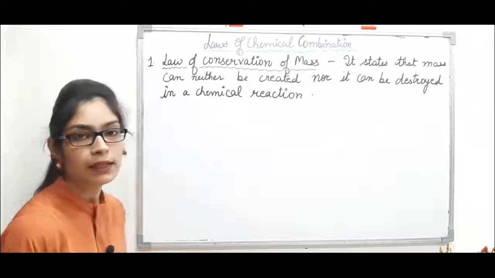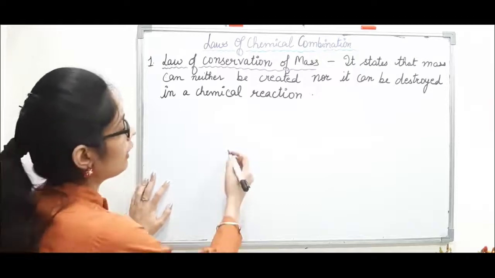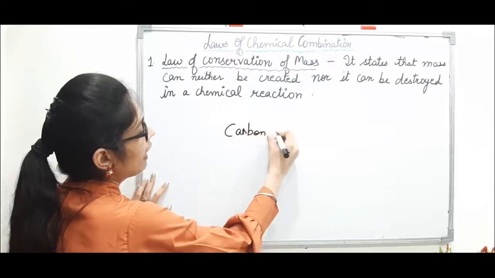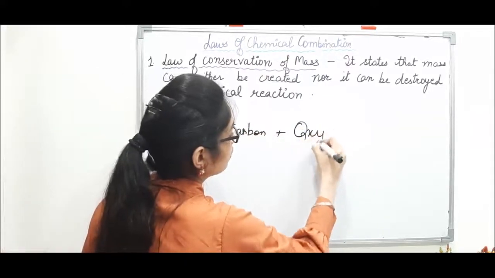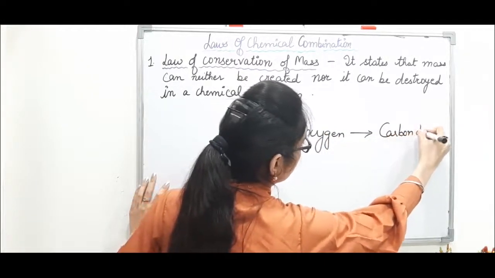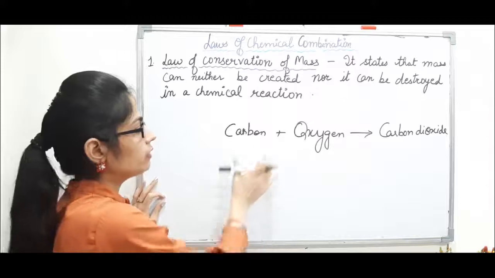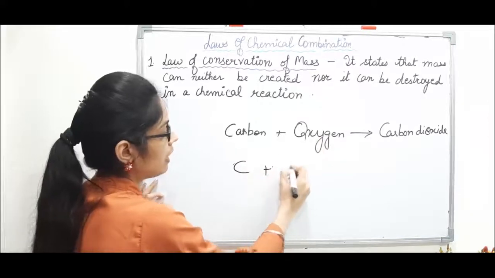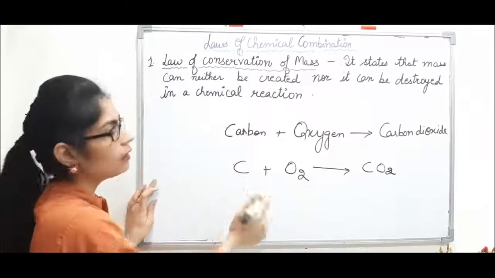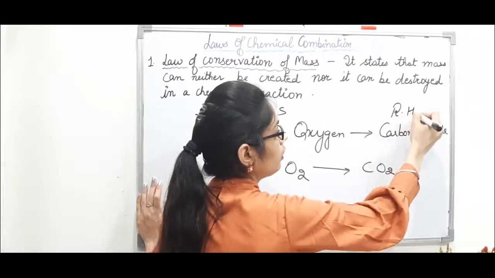Let's understand the meaning of this by taking one example. Let's take one chemical reaction. When carbon reacts with oxygen, we will get carbon dioxide. This is a chemical reaction. In this reaction, carbon and oxygen are reactants, and carbon dioxide is the product. The reactant is on the left hand side of the equation, and the product is written on the right hand side of